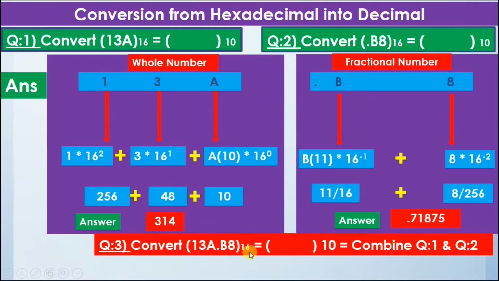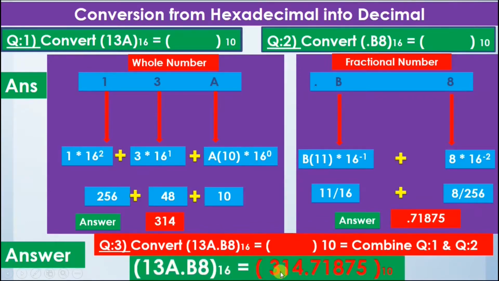13a.B8 in hexadecimal and we have to convert it into decimal. So what we will do, we will combine question number 1 and question number 2, right? So we will solve 13a using this procedure and we will solve .B8 using this procedure. So as we have already calculated the values, we will combine this answer with this answer. So now we can say that the final answer is